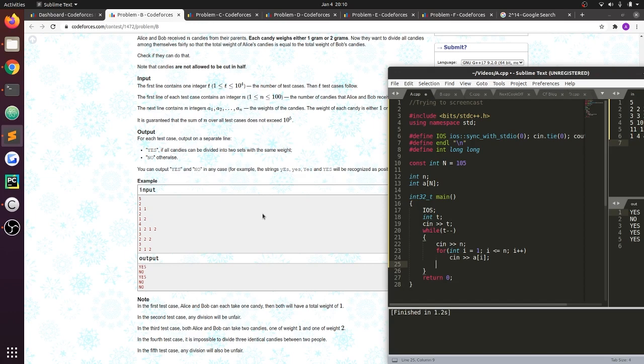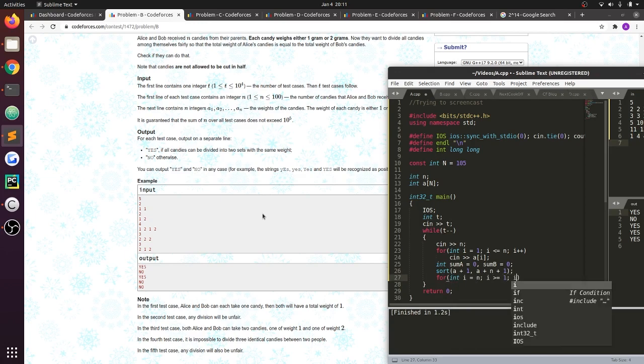So I think if I have 2s, I would always want to divide them equally, right? Yeah, I think basically a greedy approach should work over here. So what I will do is I'll have some A initialized to 0, some B initialized to 0. I will sort the whole array,